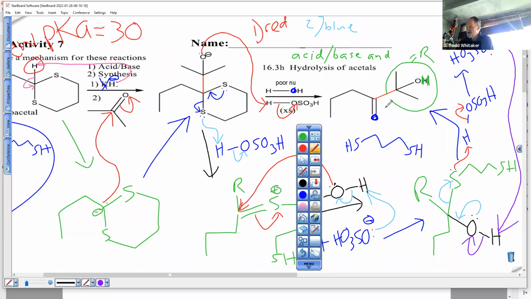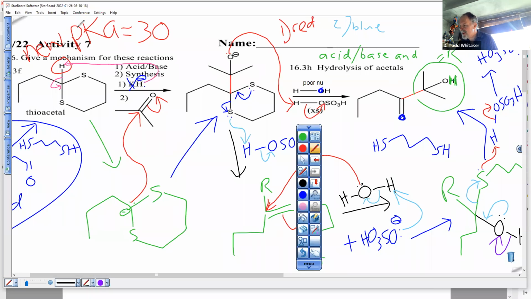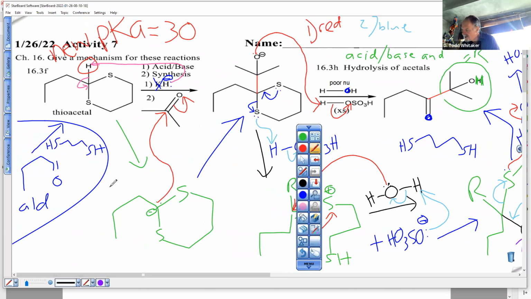You need to read about why we had to make this thioacetal so that we could do the synthesis and then get rid of the thioacetal, because you can't do this synthesis straight from the aldehyde, which makes this thioacetal very useful. And please do not misread this statement, pKa 30, and think that if these are oxygens, based on what I said earlier, and sulfur doing whatever oxygen does, this pKa is 30. It's not. You can't take that H off. The only way you can take an aldehyde H off, which is this H right here,